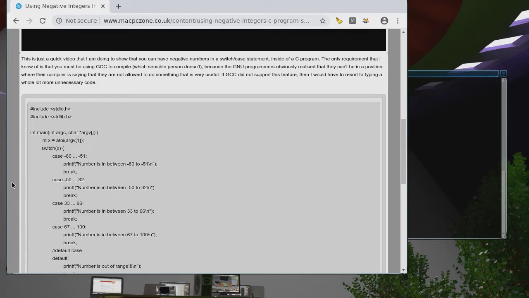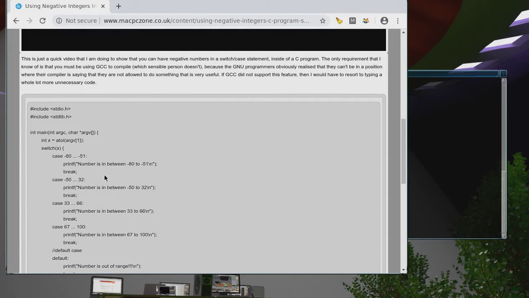put a video out. The essential problem was that I did a search on the internet. You can find lots about switch case statements in C and C++, but when it comes to actually having negative numbers in the case, whenever you look it up on the internet, you'll find lots and lots of examples, and the examples are always for the easy use case. The minute you try to look for something different or difficult, the examples are missing. So here finally is an example that I can put up, and maybe it can be useful to at least